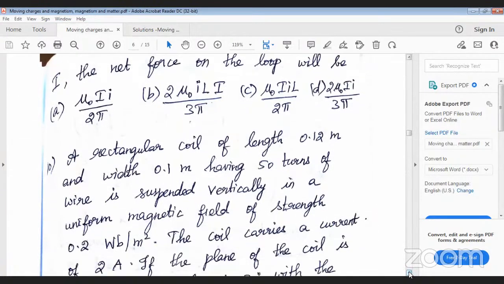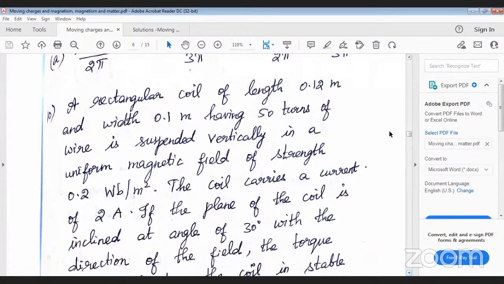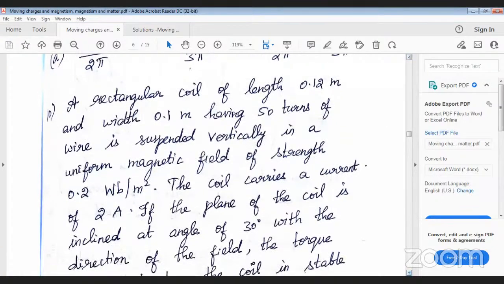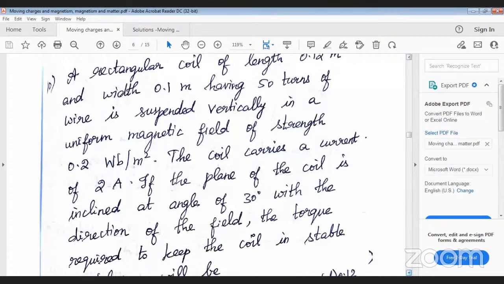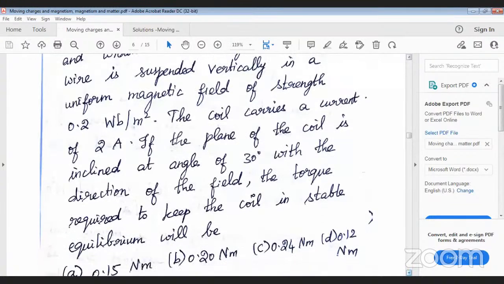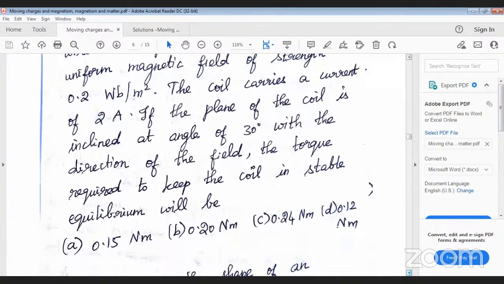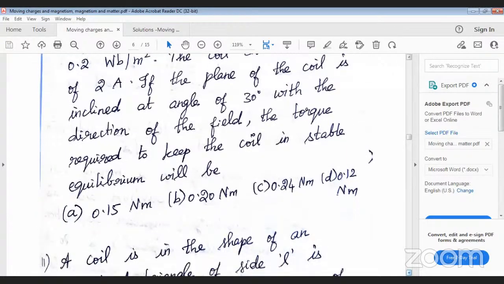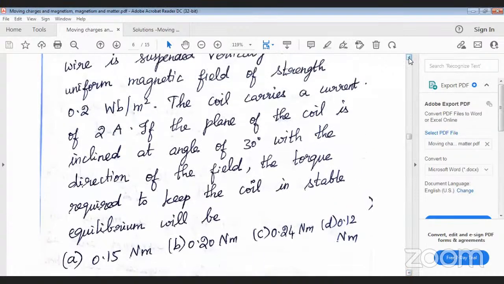Now question number 10. You have a rectangular coil of length 0.12 meter and width 0.1 meter, having 50 turns of wire, suspended vertically in a uniform magnetic field of strength 0.2 Weber per meter square. The coil carries a current of 2 ampere. If the plane of the coil is inclined at an angle of 30 degree with the direction of the field, the torque required to keep the coil in stable equilibrium will be,